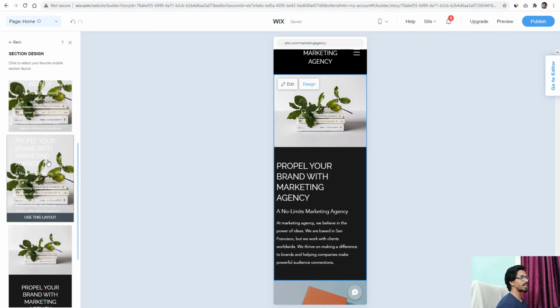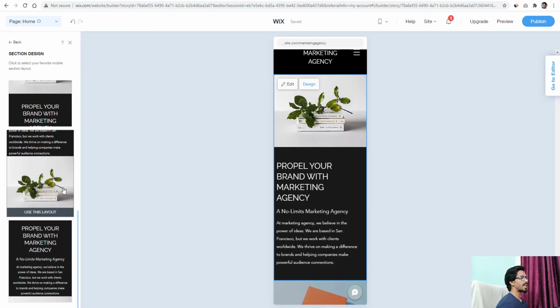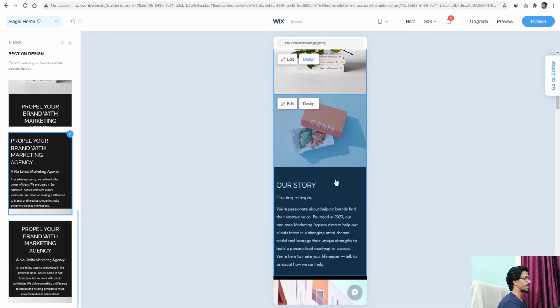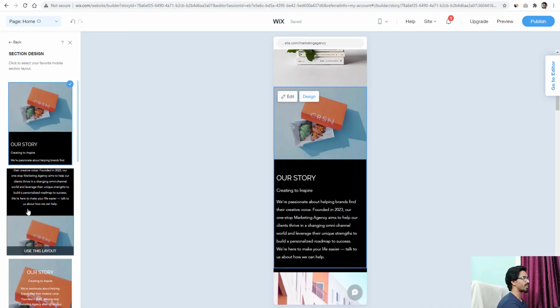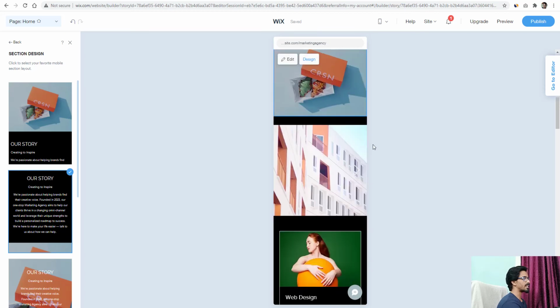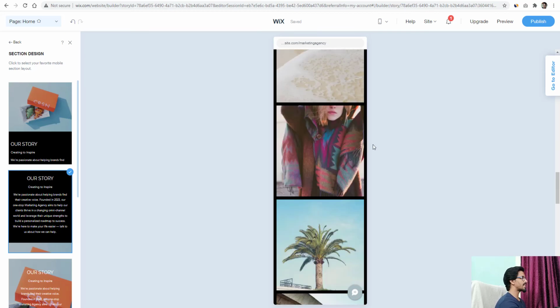Here you will get some default design options which you can easily choose. Like if I want to use this layout, just click here, and your layout is automatically changed. And if you want to change this design, just click here and go to any of these options, and your layout is changed. So this is how you can change the layout of your mobile version.